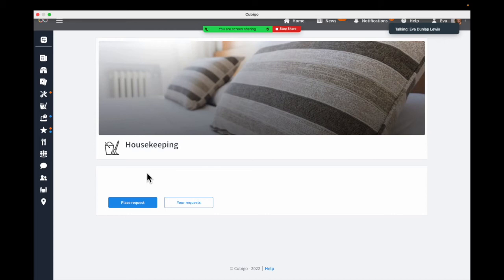So right now we have two options: place request or your requests. In the future, you might see a list of future special requests that could be made for housekeeping that would fall under what you would do for place a request. Let's start with place request. This is what we hit when we want to place a housekeeping request. We click or